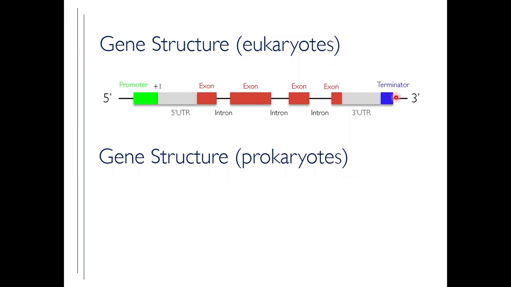So when we are going to transcribe this gene during the process of transcription, the enzyme that does this, RNA polymerase, knows where to start. It will read all the way through, and then it will stop reading at the terminator. So it's a kind of start and stop signal. Don't worry about the UTRs for now, that will become apparent. But essentially,